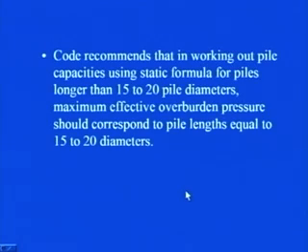Then the code recommends that in working out pile capacities using the static formula for piles longer than 15 to 20 times the pile diameter, the effective overburden pressure should correspond to pile lengths equal to 15 to 20 diameters. So, you see here that let us say the pile length is equal to say 30 meters or even more than that, but what the code recommends is that when you find out this pile capacity using a static formula